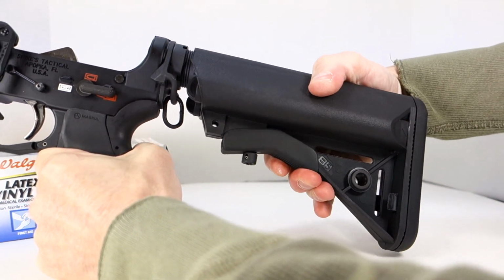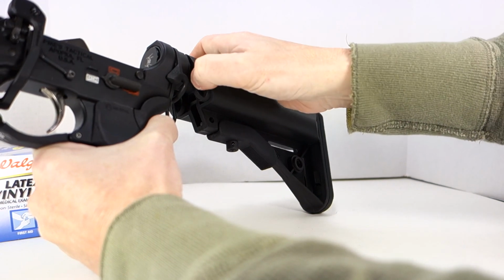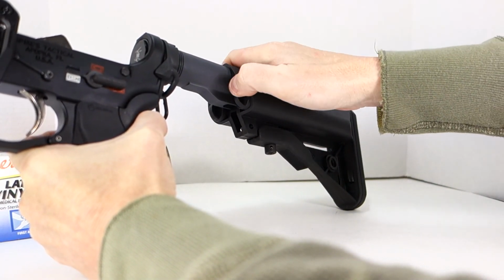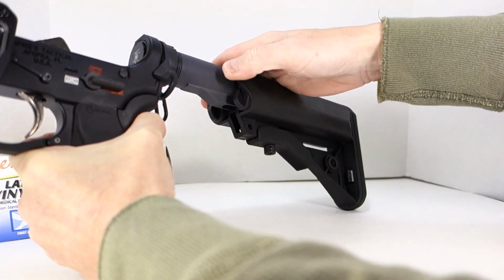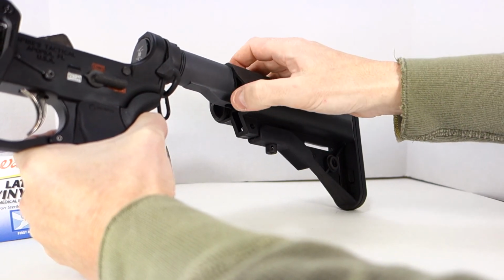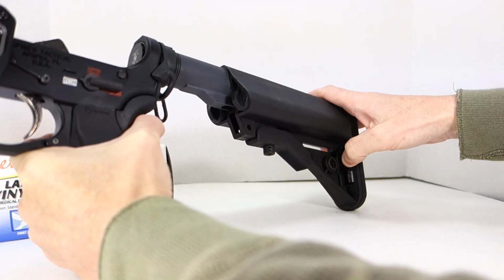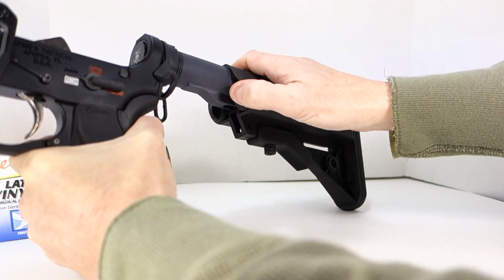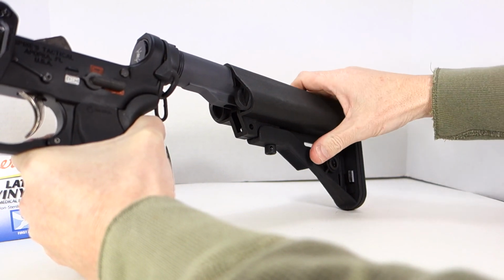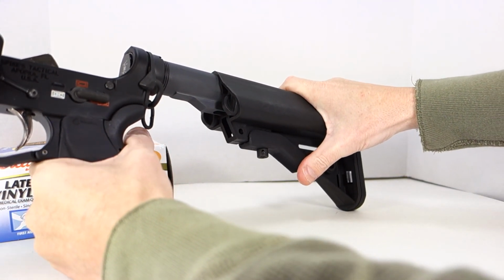So again, like I mentioned, there's no way to remove these tubes with the stock on the buffer tube assembly. So you have to physically remove this off your rifle to get access to these tubes. That's obviously by design, but I don't like that design. I would prefer if I could get access to the contents without removing this from the rifle. So that's just an initial impression